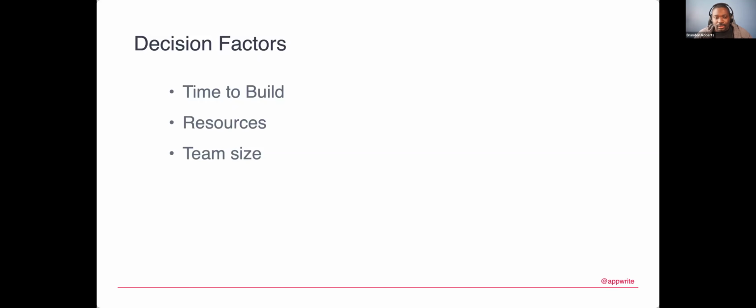Team size is one of these decision factors. Also, custom business logic. If you have a lot of custom requirements, that also factors into what you want to choose as far as where you host your data and how you host it. Other decision factors would be regulations. There may be strict regulations of what providers you can use in some areas. Ownership, if you're really privacy focused and talk about data ownership and mobility, that is something that's very important.